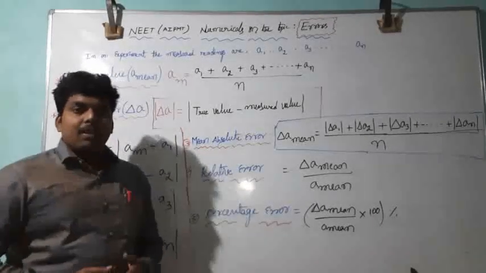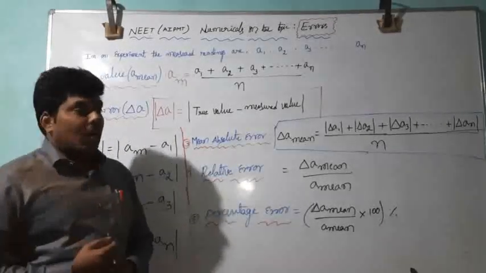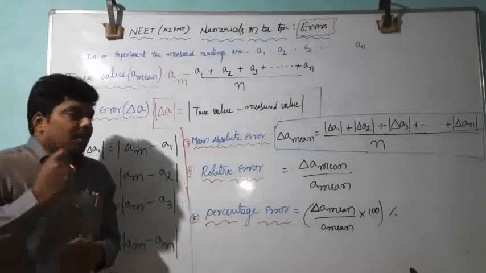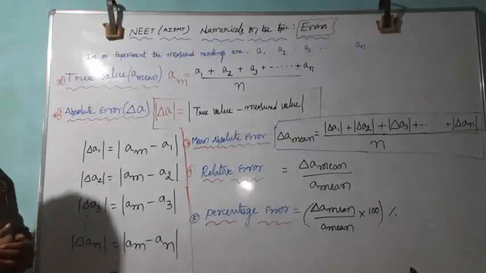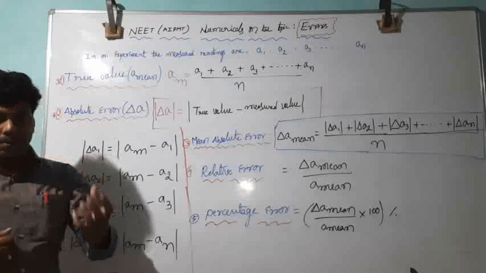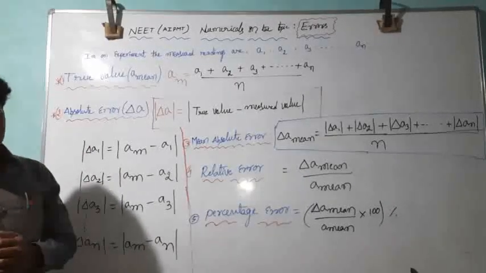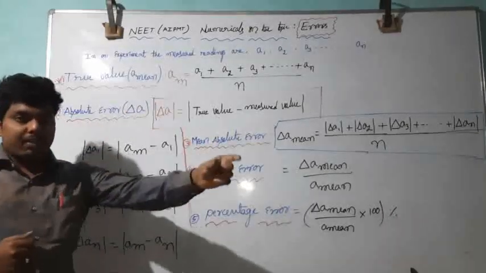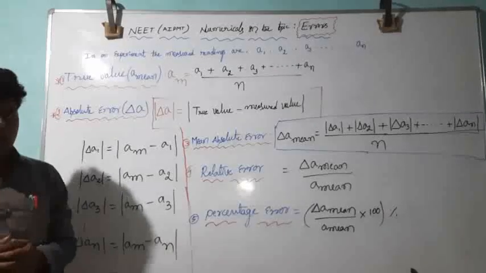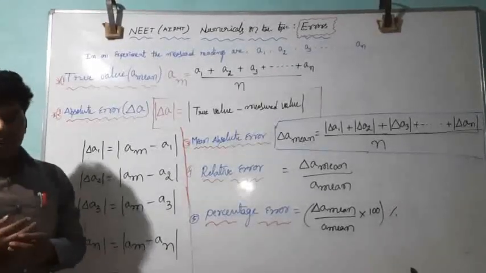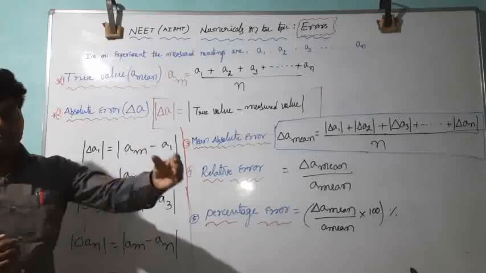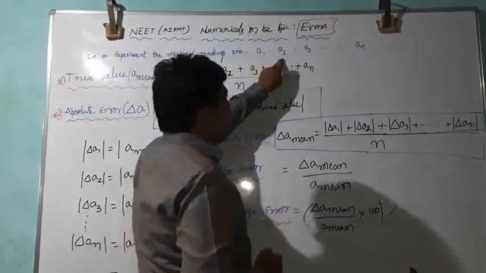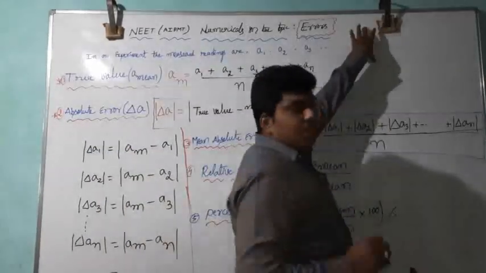Hello to everyone. In this class, I am going to explain how to solve the NEET numericals on the topic errors. While determining any physical quantity of any device by using any one of the instruments, suppose, let me take one example. You are going to find the length of a device by using the Vernier calipers. While finding that, you may get a different number of readings, and those readings will not be similar in some cases. In such a case, the readings are considered as A1, A2, A3, up to n number of readings.